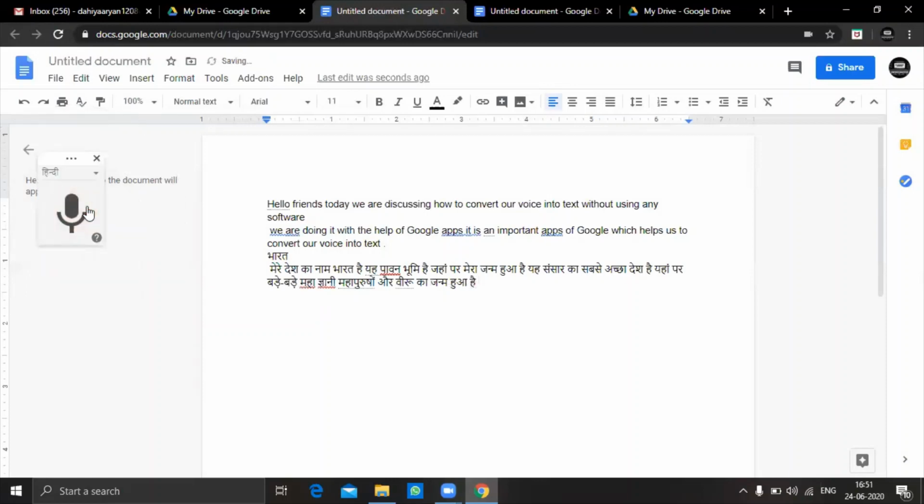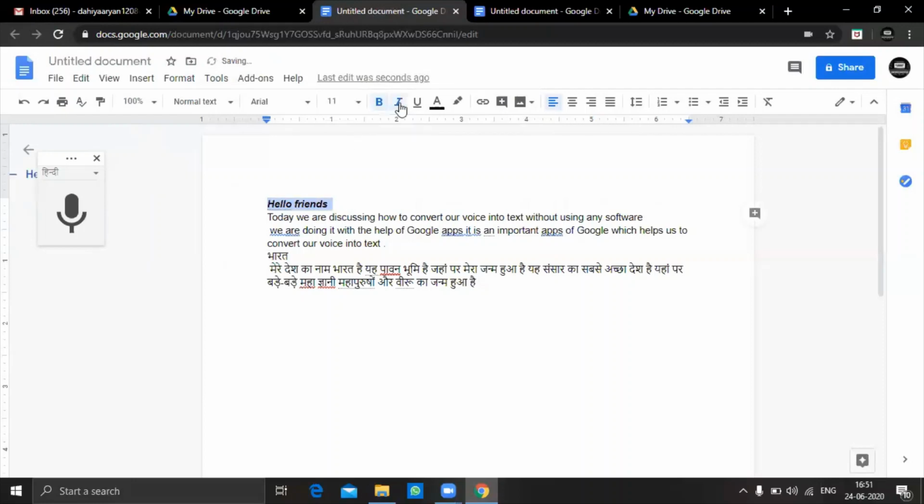Now, this is our Hindi text. So if you want to make changes or if you want to do editing, if you want to shift to next line, better you press enter there and then you can make some changes with your keyboard. If you want to, you can make your text say in bold, italic or underline.